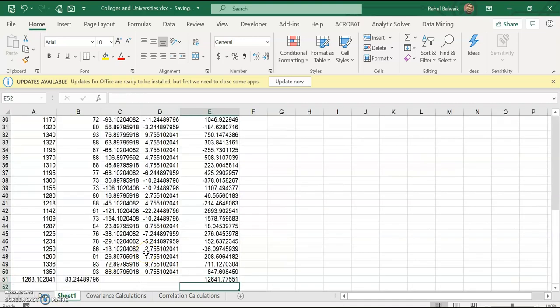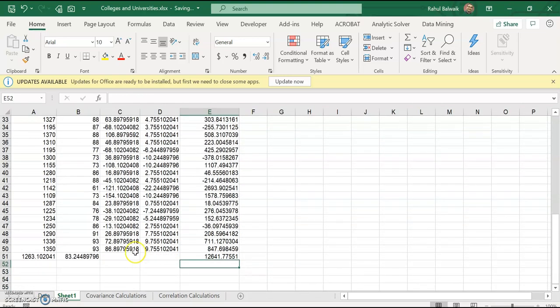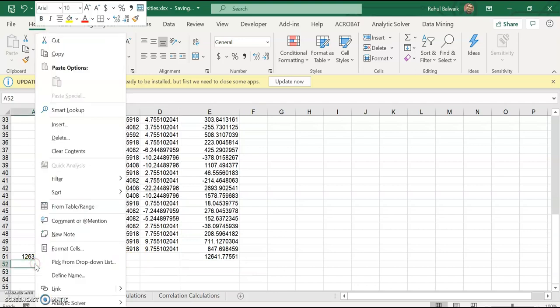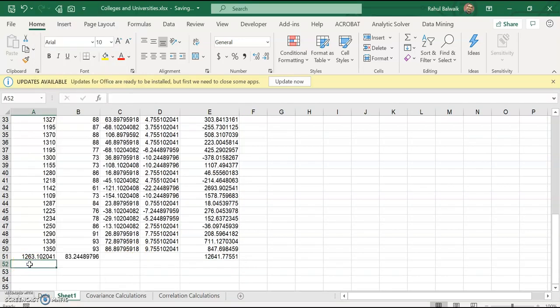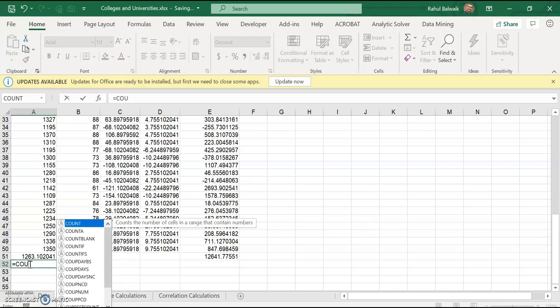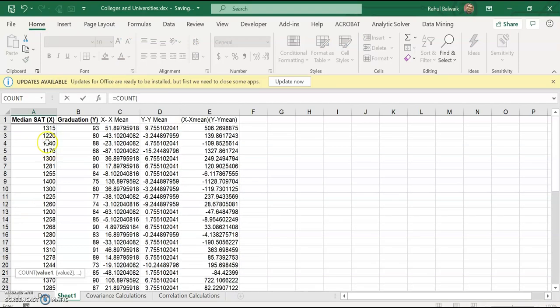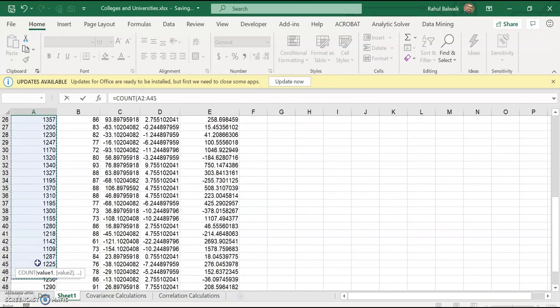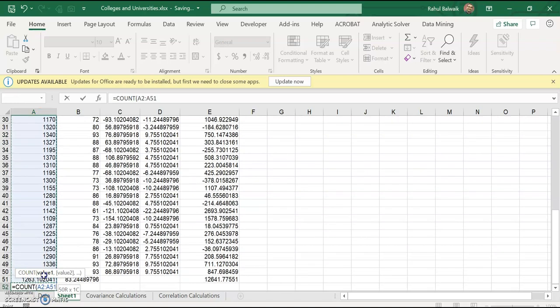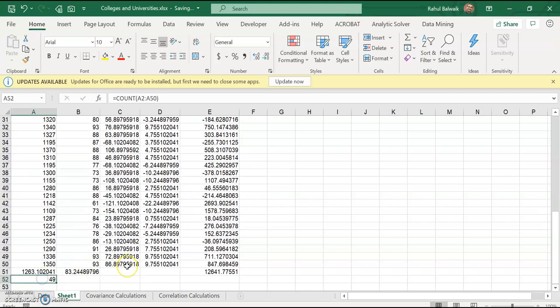To determine the total number of entries, you just have to use the count function. So let's do the same here, equal to count of all of these entries. So there are 49 entries over here, right?